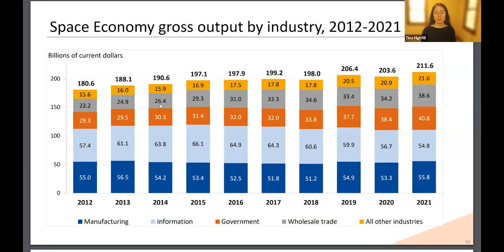And so if you look at the light blue, the information bars, you can see that the information sector peaked in 2015. And this is mostly related to satellite television. So satellite TV in the United States peaked in 2015, and then it started to decline. And that's because of a couple things. The main thing is that